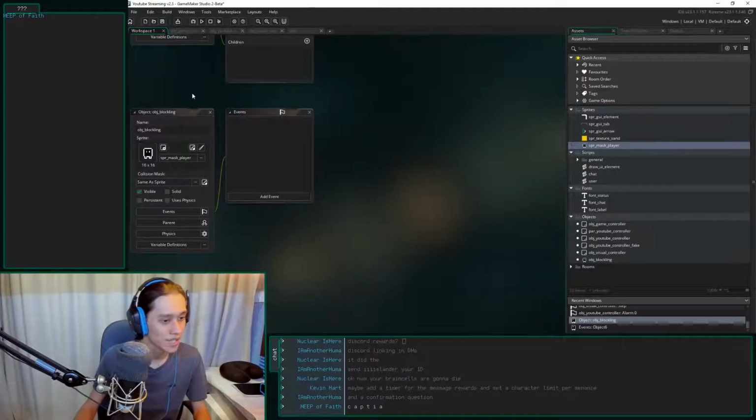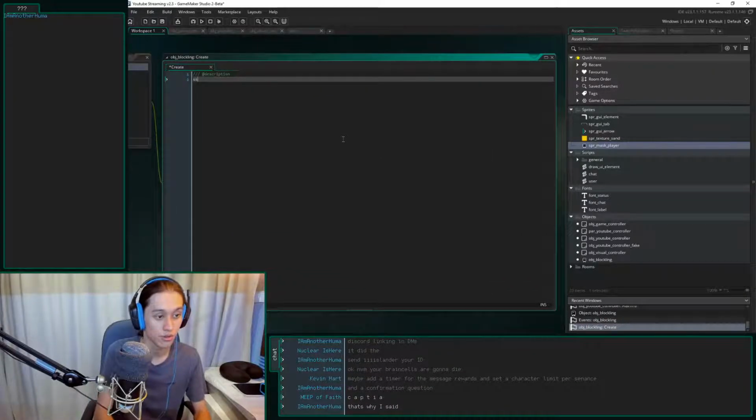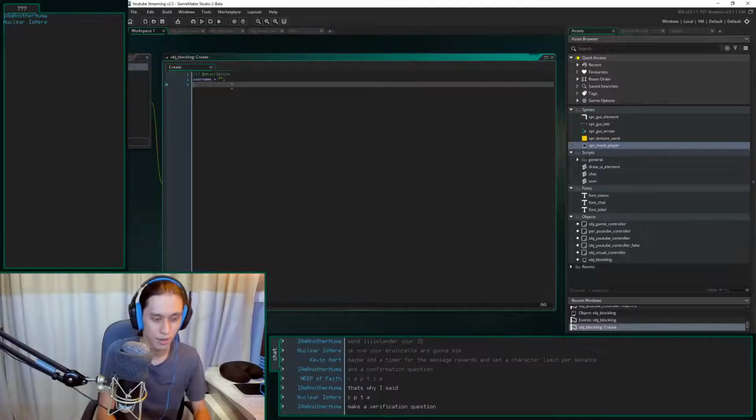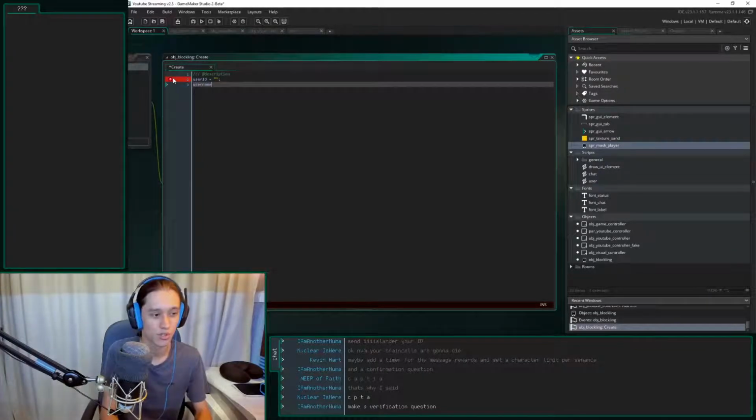Let's have a look. That's a blockling, so we're going to create a blockling. Our blockling is going to have a username, and I'm going to make this username blank to start with. If I want to give this a user ID, actually, instead of a username, let's give it a user ID. And I guess we will store the username.